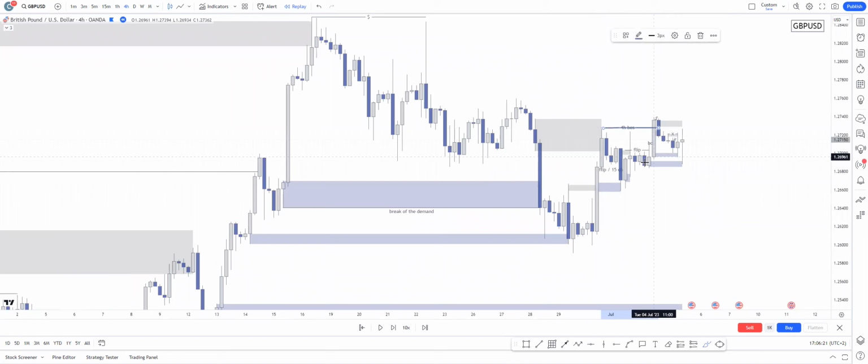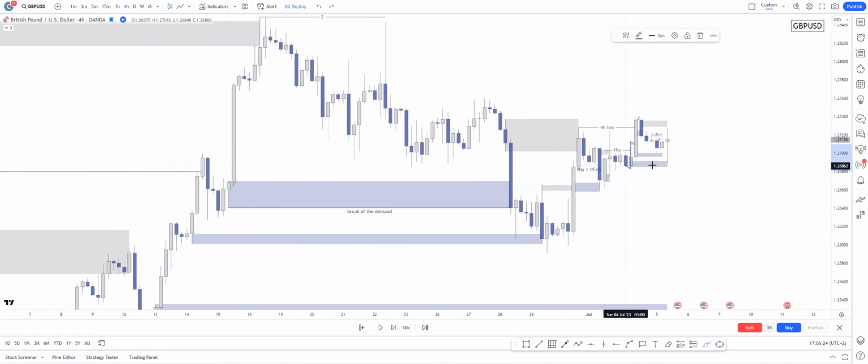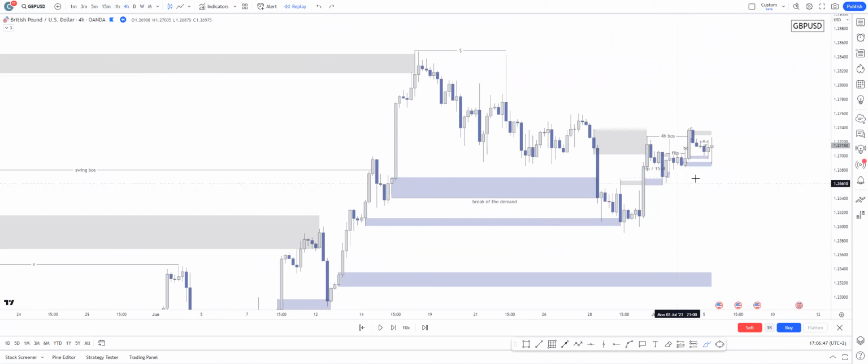So there was a 4-hour breakout structure to the upside, which has happened from this candle. And on the 15-minute time frame, I was expecting longs. Technically, I had a long bias in this case, and actually the price action on GU was a bit clearer than on EU. It was a bit different, but it was a little bit clearer on GU. So technically that's all on the GU.